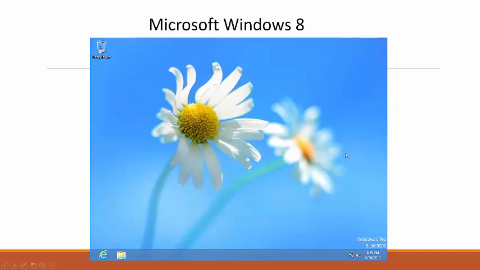Problem is, people hated it. The original Windows 8 was considered a total flop. Technically, it was a solid operating system. From a technical perspective, it worked great. But getting rid of that little button right there, well, that just doomed it.